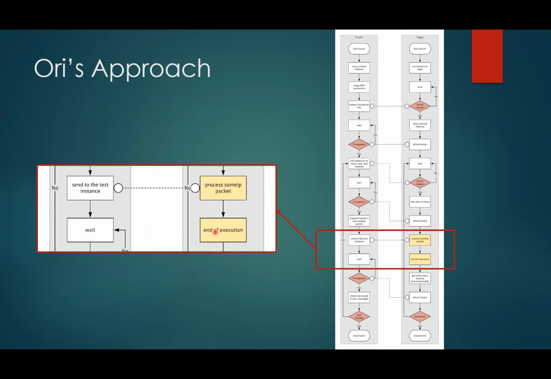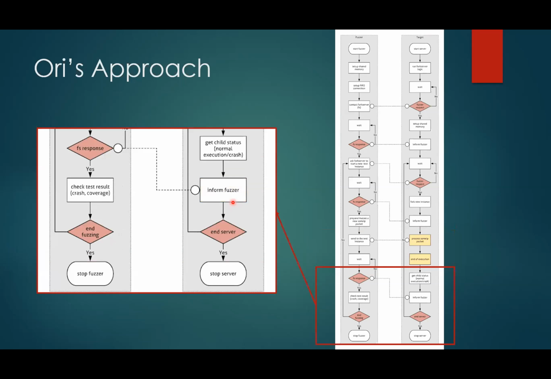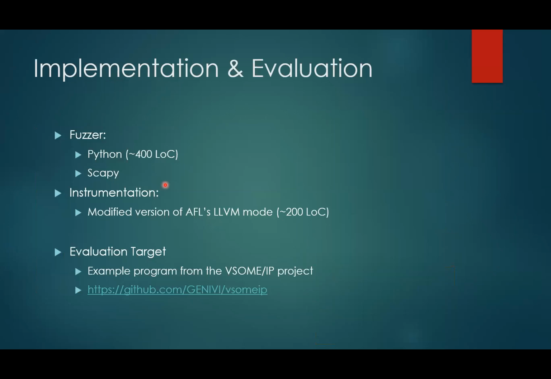And after the target has ended processing this packet, it will just inform back to the fuzzer, and the fuzzer will acquire the test result, like the code execution trace, and observe for those behaviors, like we mentioned before. So this is a basic workflow of ORI, and we have implemented ORI as a prototype, and the fuzzer side